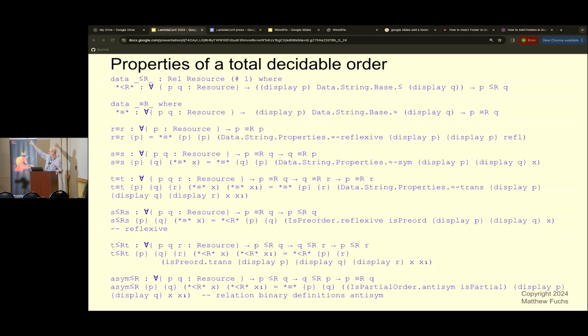And if I can do that, then I have that P is less than or equal to Q in my sorting type. And then I've also got a constructor for equivalent, which is basically the same thing. And so, okay, I have those two. And now the rest of these are proofs